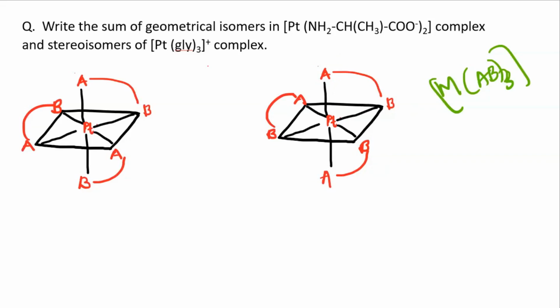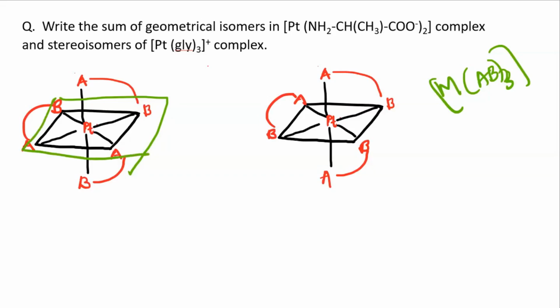For optical isomerism, we need to check if there is any plane of symmetry. If there is a plane of symmetry, we will say that it is optically inactive. So we will just check if any plane of symmetry is there. Let us consider one plane through this rectangular shape. Are we able to divide this compound into two equal halves? No, right? Because